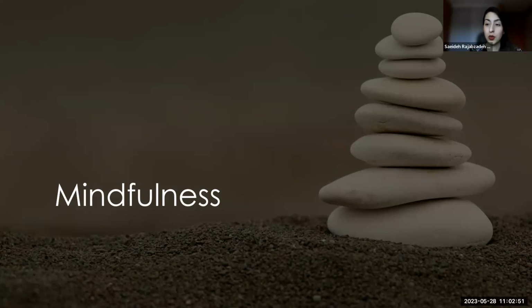Let's notice the quality of the breath. Is it shallow? Is it deep? Is it relaxing? Is it quick or slow? We're just noticing for now. We're not trying to change anything yet. Let's see if you can invite a deep, relaxing breathing process. The same kind of a breath that we need for singing.